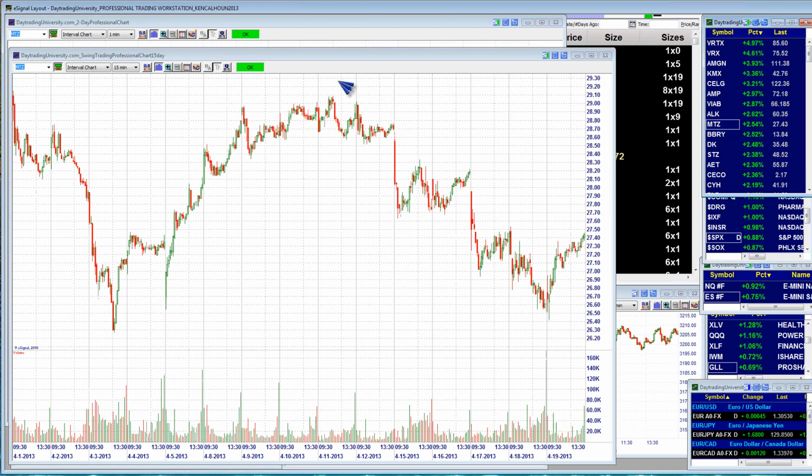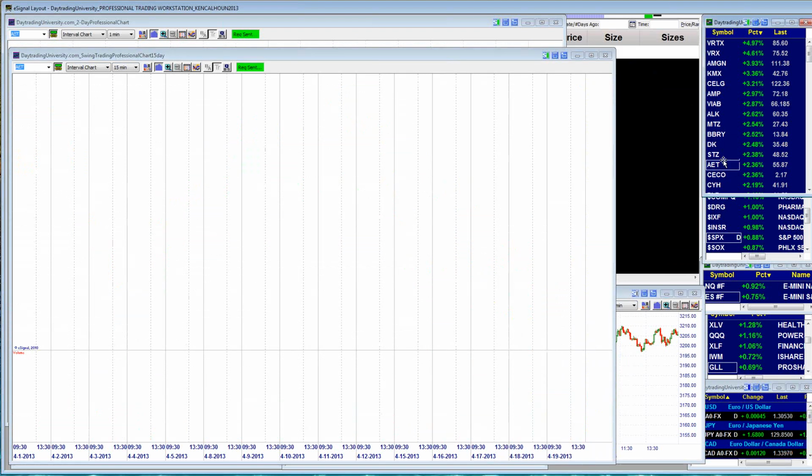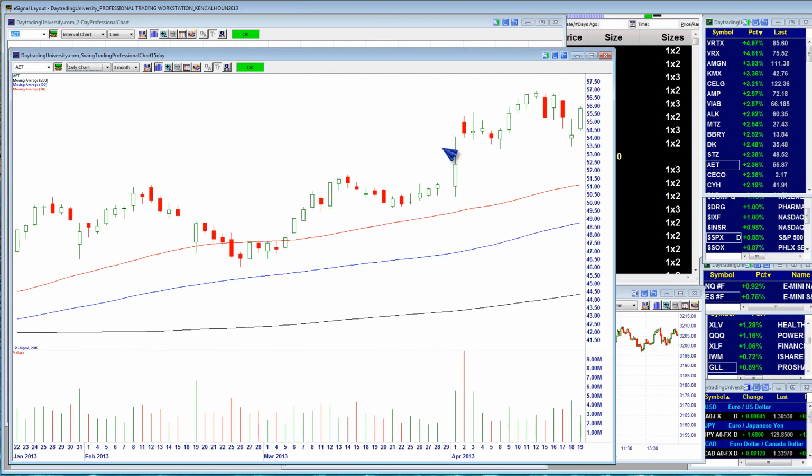Okay, let's move on. Avoiding false breakouts. One of the things that really helps is, and I want to start with the dailies and then get down to the swings. One of the acceleration patterns that I want you to look for, and by that I mean just something that helps you get in on strong momentum breakouts and hopefully avoid false breakouts, is look for wide range candles following narrow candles. The other thing I want you to look for, however, is